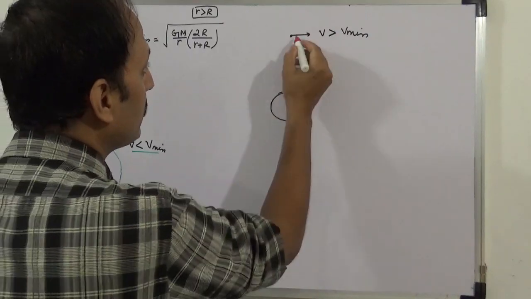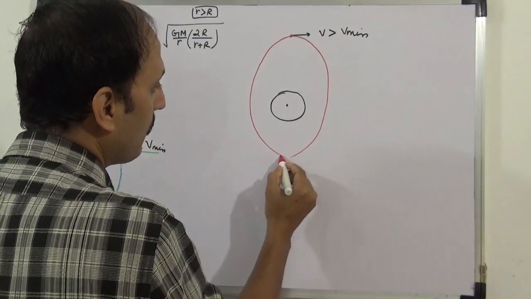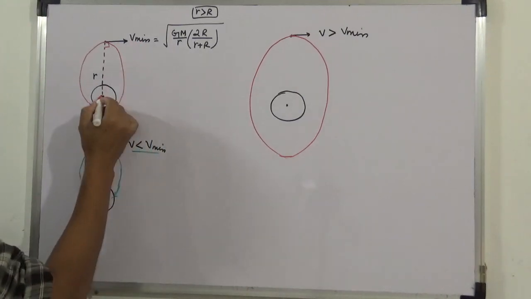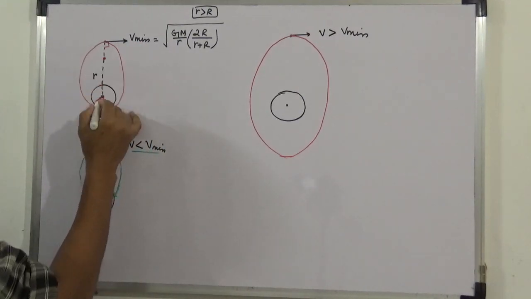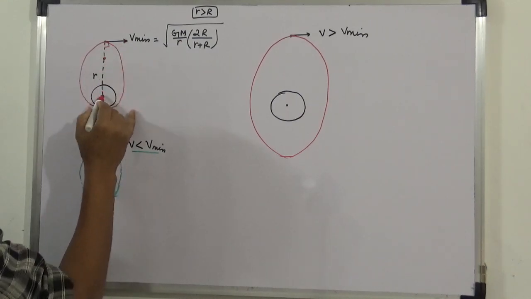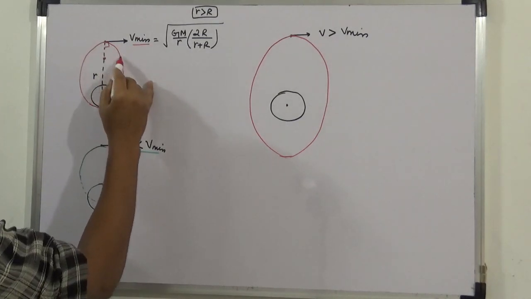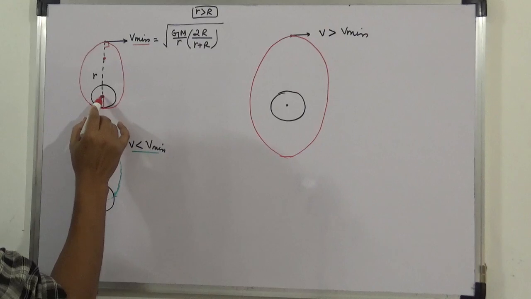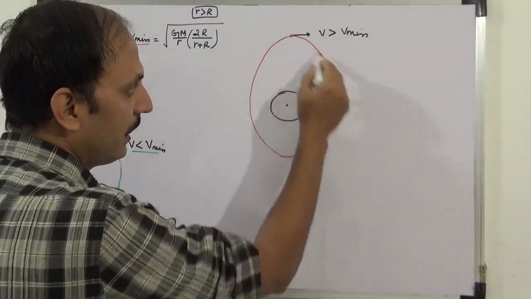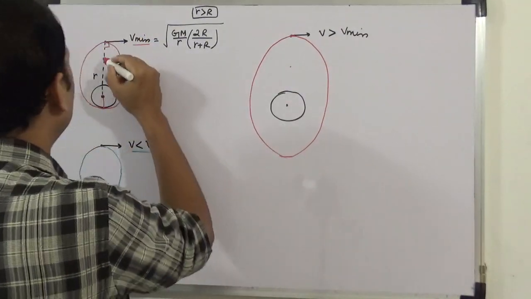In that case the size of elliptical path is going to increase. Here if V is minimum, the elliptical path has a far focus with respect to launching. It is far, which means this satellite, going with this V minimum, is going to move in an elliptical path with the Earth at the far focus. If you keep on increasing V, the size will increase, and the focus that was earlier here, now these two foci will come close,